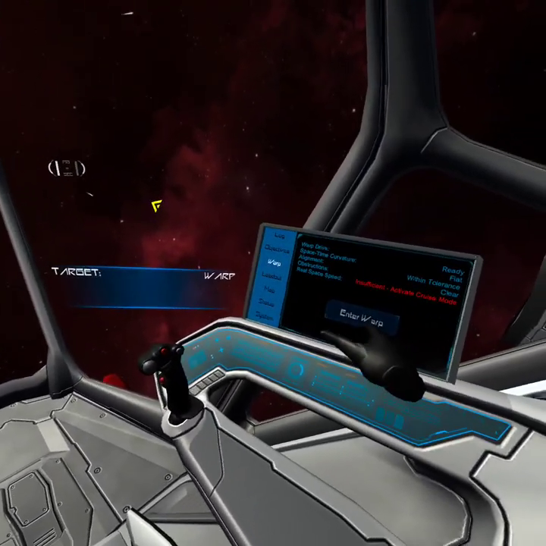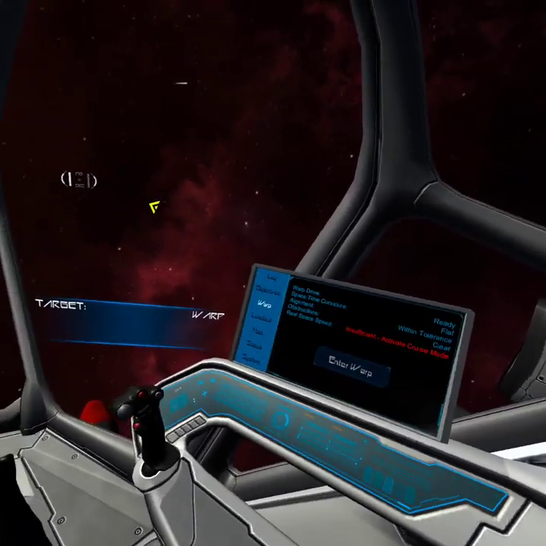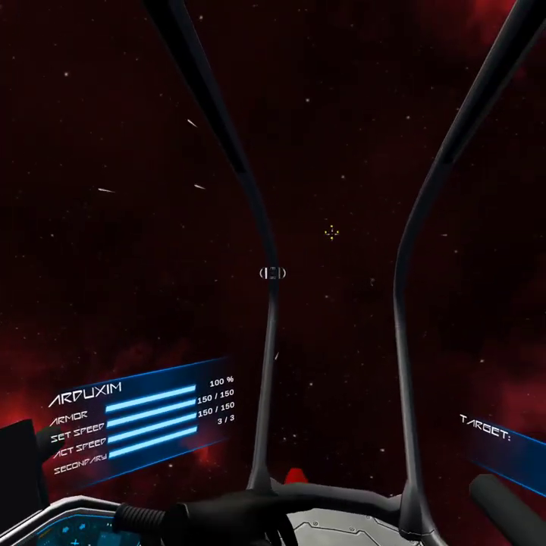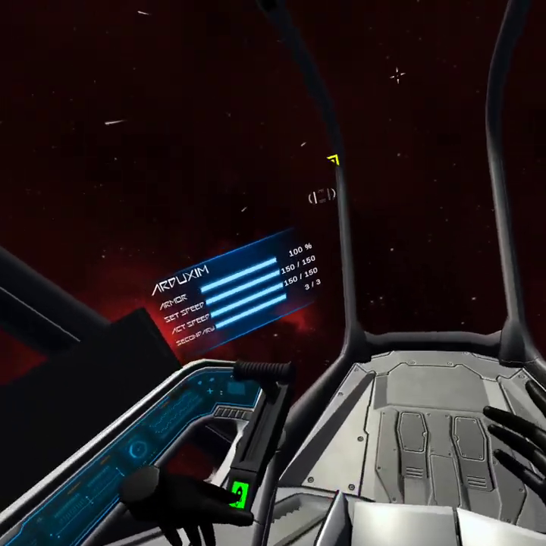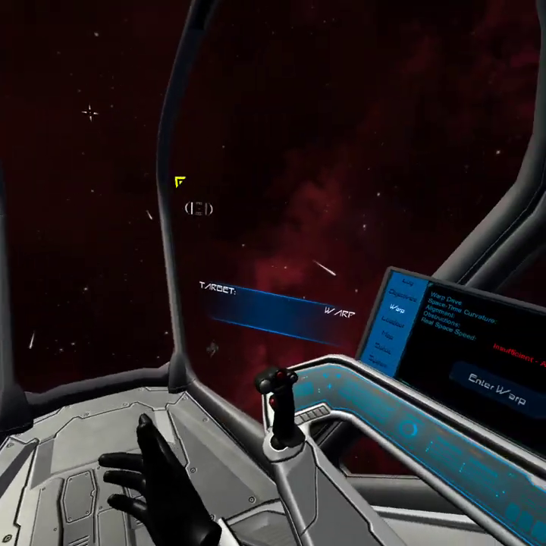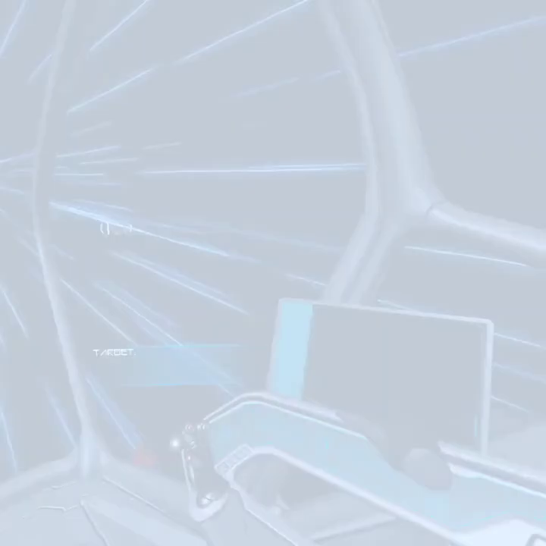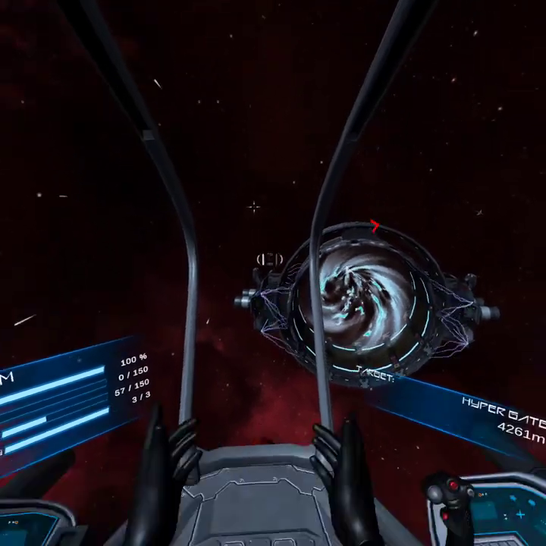I'm gonna go to warp, please. How do I warp? Real space speed insufficient. Activate cruise mode. Okay, I'm assuming I kick the throttle all the way up. Is that what I do? Okay. Something's happening. Now, okay. So apparently in order to enter warp...